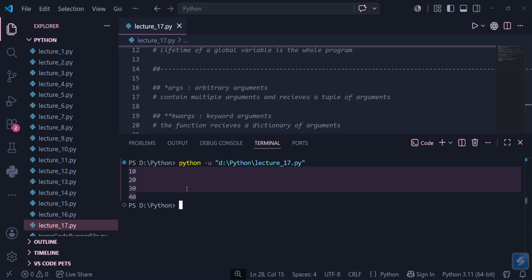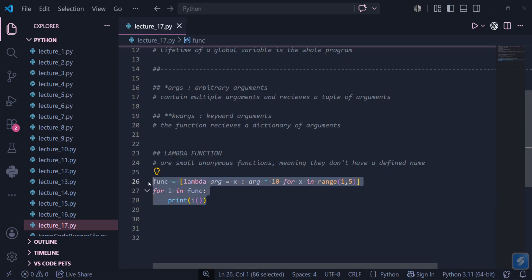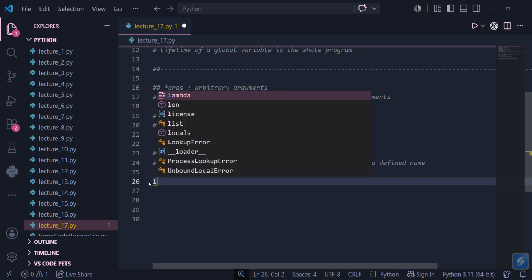So we have a thing called filter here also. What does filter do? This function uses a lambda expression to select elements from a list that satisfy a given condition, such as keeping only even numbers. If I have a list